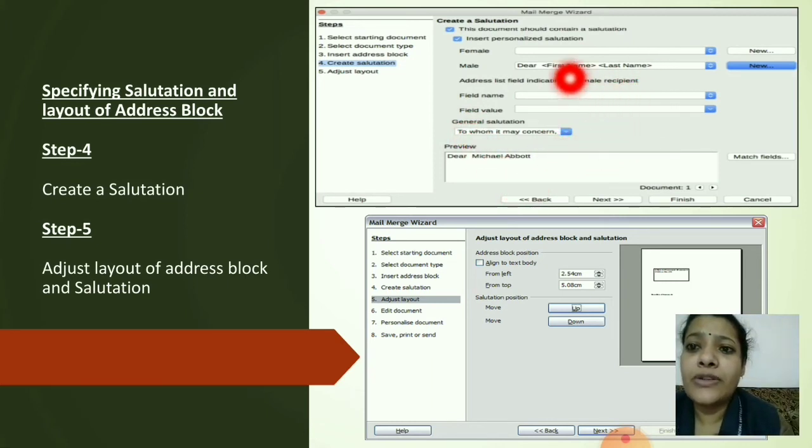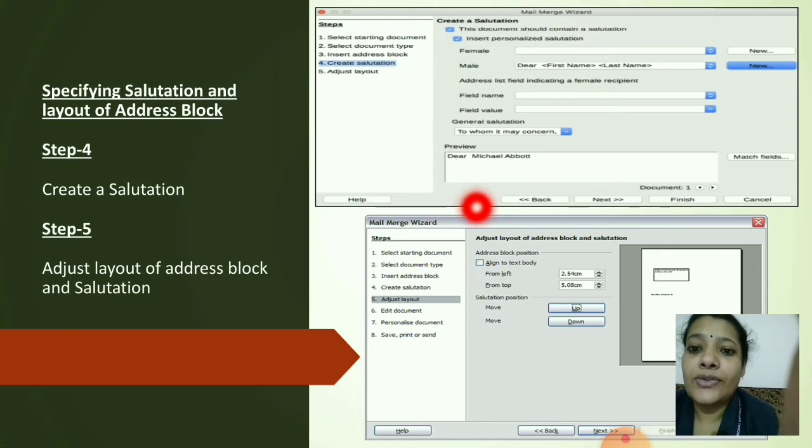In this dialog box you can choose the content. Here you can put the name, first name, and general salutation, which will be "To whom it may concern". Okay, it is the default one. You just change what you need actually. So that will appear in the preview screen also. You can edit it.